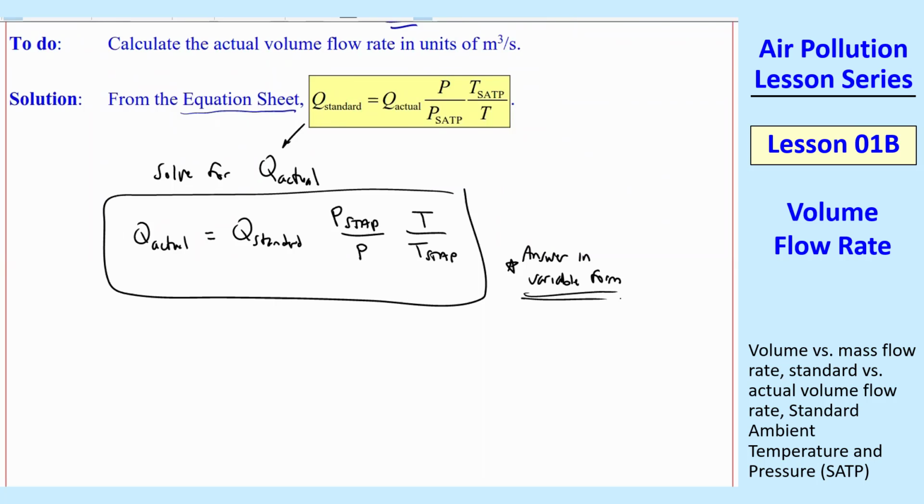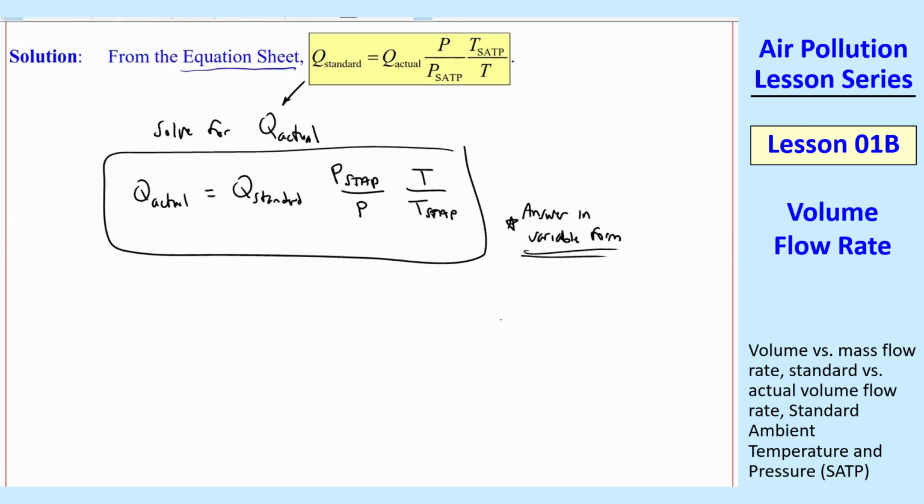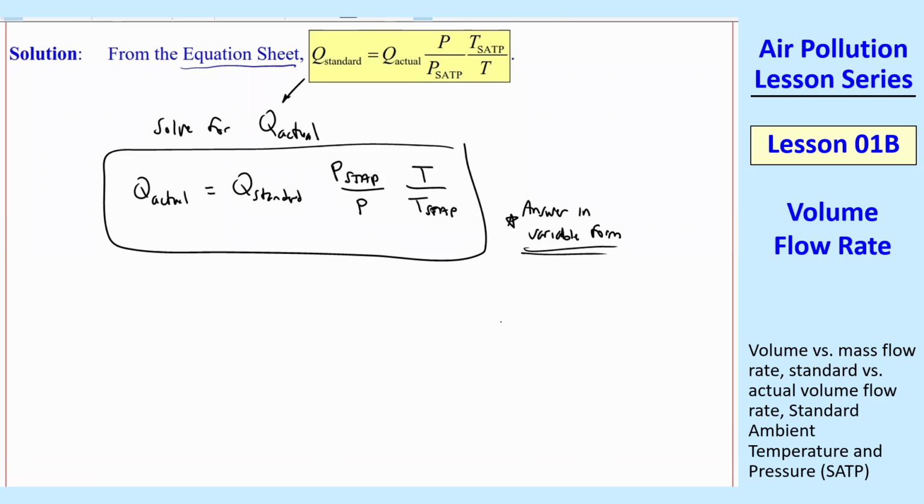Again, some of you just want to plug in numbers immediately. Please get into the habit of going as far as you possibly can in variables before you plug in any numbers. That will save you a lot of trouble in your life in the future. Sometimes nice things happen, like certain variables cancel out. Also, you won't make as many mistakes if you're trying to write down intermediate steps or save them in your calculator, recall when you hit the wrong button or something. So I like to do everything as far as possible in variables, and then we plug in the numbers